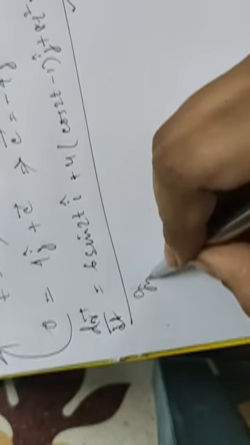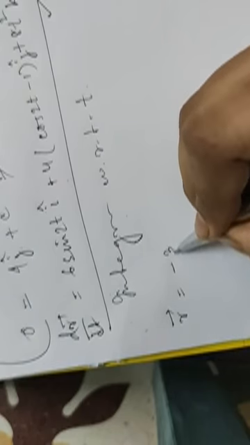To find the displacement, that is r, we again integrate with respect to t on both sides. What will we get if we integrate it? From the left hand side r, and from the right hand side minus 3 cos 2t i cap plus (2 sin 2t minus 4t) j cap plus 8t³/3 k cap plus some vector c1. Now we have to find the value of the vector c1 using the given condition, which is r equal to 0 at instant t equal to 0.